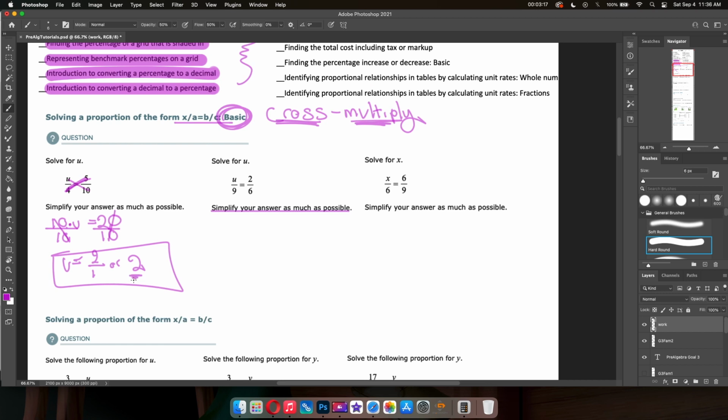We got lucky here because we got a whole number. Fingers crossed that it will be just as easy further down the road, but keep that in mind. We're going to cross multiply here. U times 6 is just U times 6. What I'm going to do for now is write the multiplication symbol between the 6 and the U,